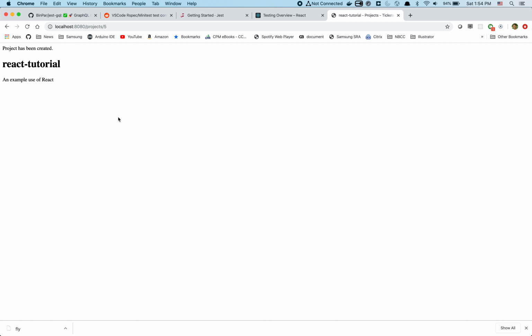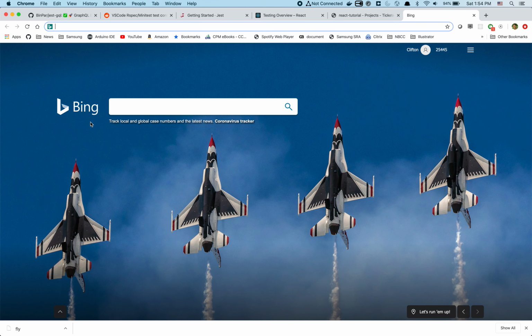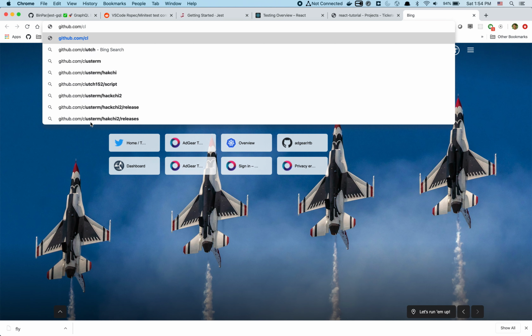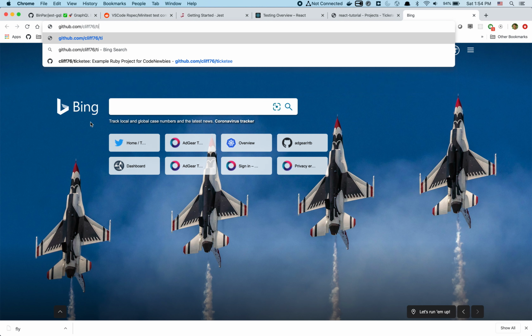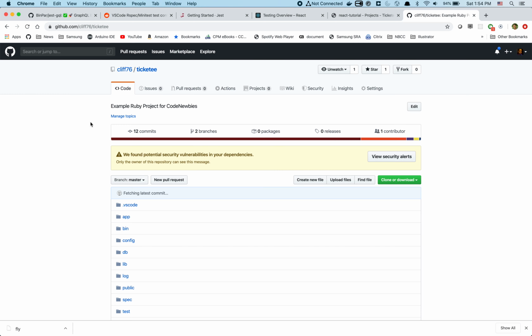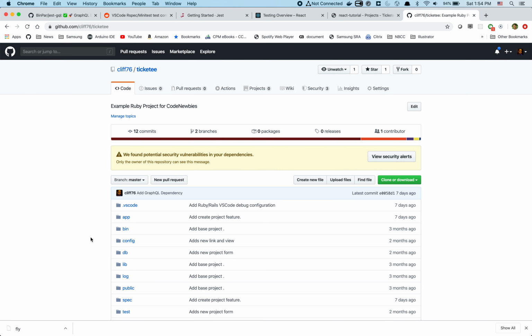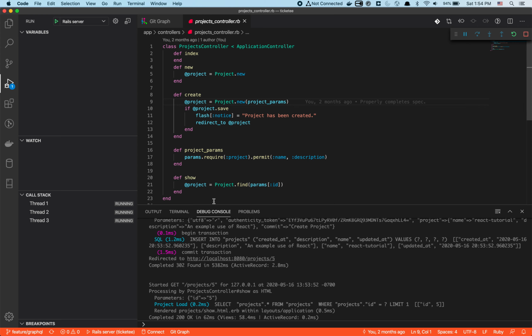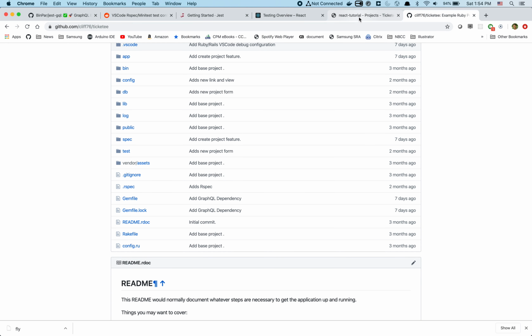If contributors wanted to contribute, just do pull requests against this repository. Again, the repository is here on GitHub. Let's see, /Cliff76/Ticketee. I think that's what it's called. Is that the right thing? I'm typing from memory. Yeah. So if you want to just do a pull request against my repository here and implement the, where am I at? Implement the